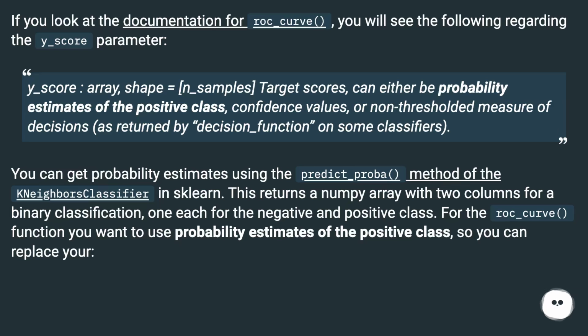You can get probability estimates using the predict_proba method of the neighbors classifier in Scikit-learn. This returns a NumPy array with 2 columns for a binary classification, one each for the negative and positive class. For the roc_curve function, you want to use probability estimates of the positive class, so you can replace your